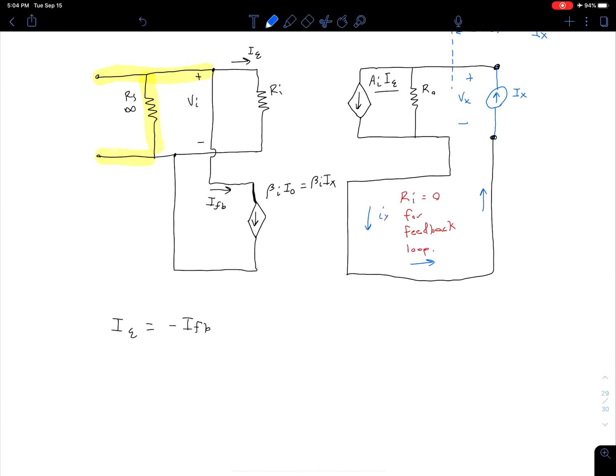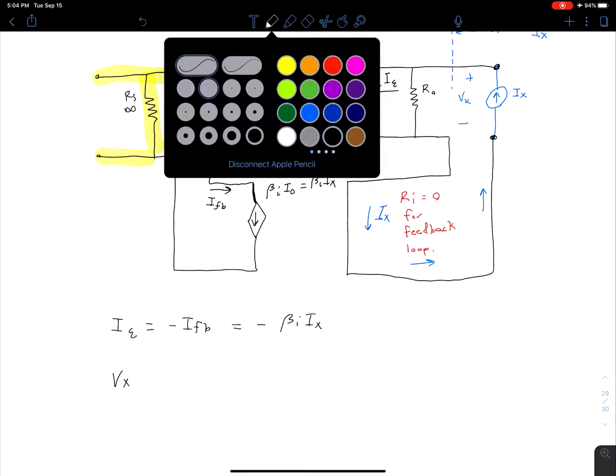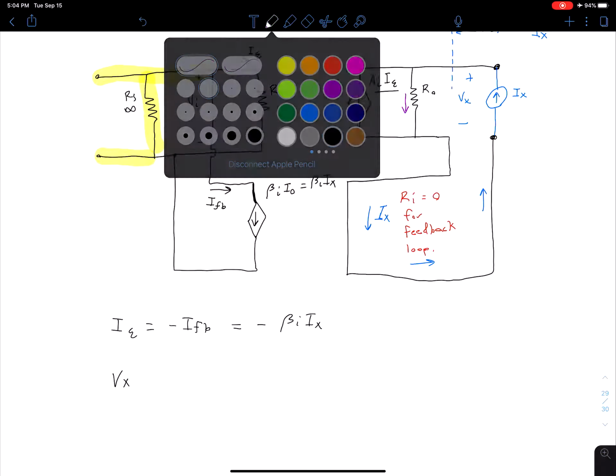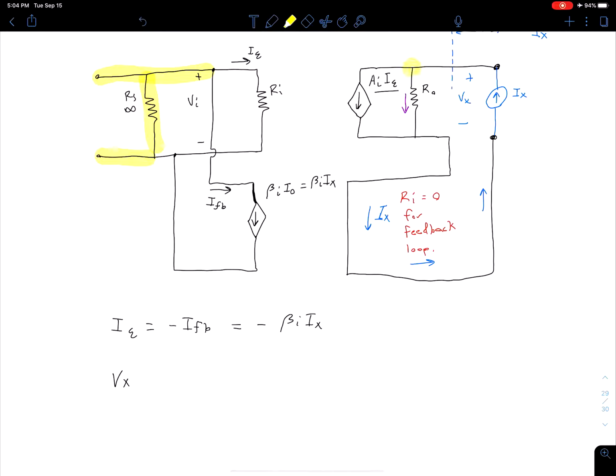Okay, so now let's switch our attention to our right side. What we want to do is find our Vx. Well, from Ohm's law, we know that our Vx is just going to be whatever our current is in this resistor times the resistance R naught. So we're looking for this current in this resistor, and we can find that by doing a KCL at this node here. So Vx is equal to Ix, which is coming into that node, minus our A sub I times our error current, because that's the current coming out of the node to the left,